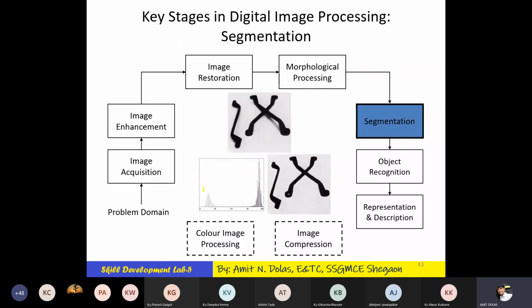In segmentation, you can see this is the input image, but here it is more clear. Here there is one hole in this track. Here there is a shadow of this track, whatever is placed here, and that shadow is removed. So why segmentation? We separate out.